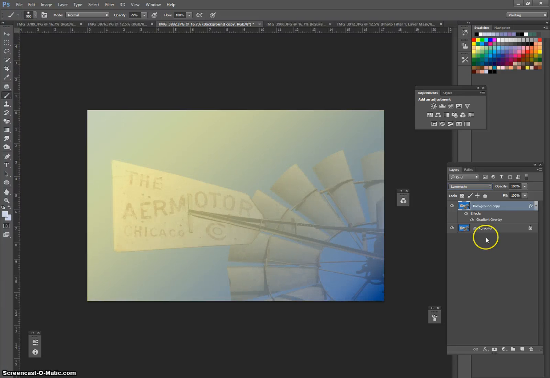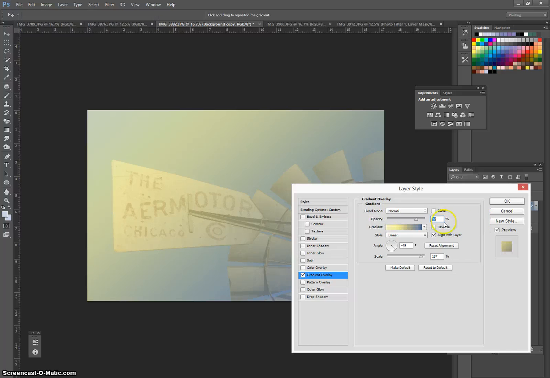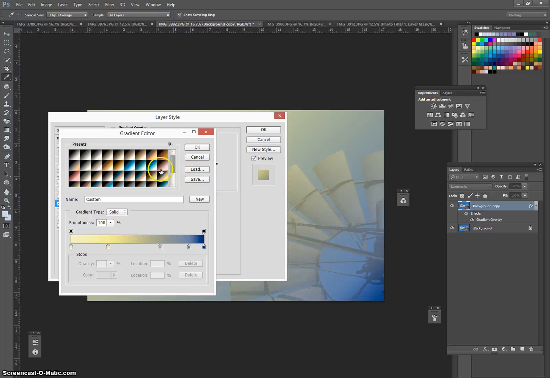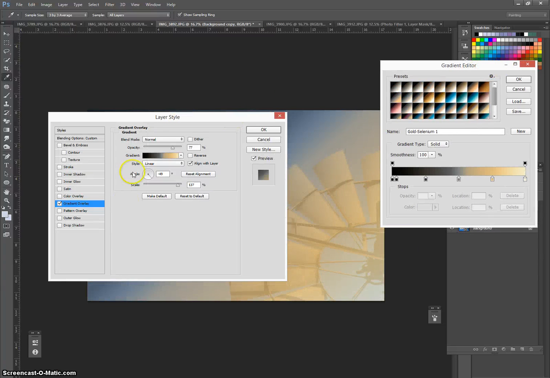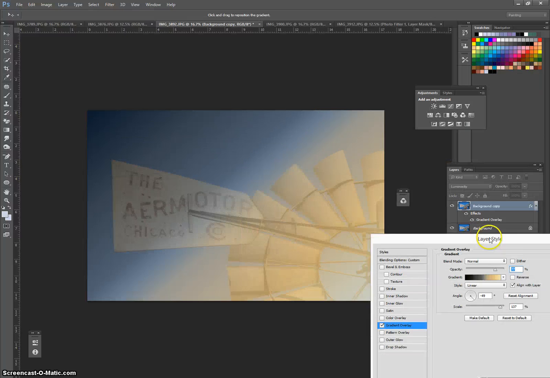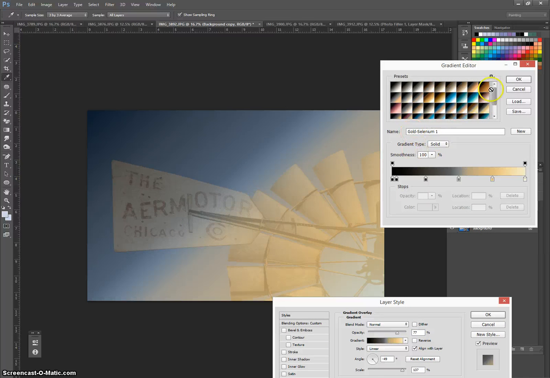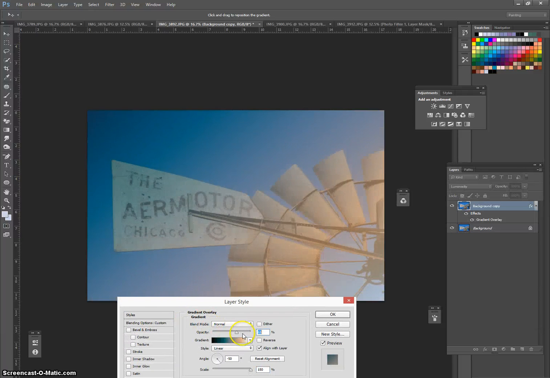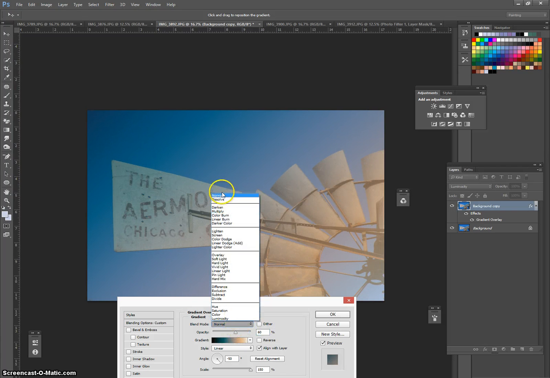I'm just scrolling through with my arrow keys here. So possibly I didn't like that one. If you go back, you could always change it. And go back to photographic toning. So you want to be able to see your image from the beginning. So there we go. Scroll down, look through this a little bit more, and then decide upon one that I like. Make it a little bit bigger so it covers the whole thing here. I'm just going to bring down the opacity a little bit. I can play with my blend modes here actually,